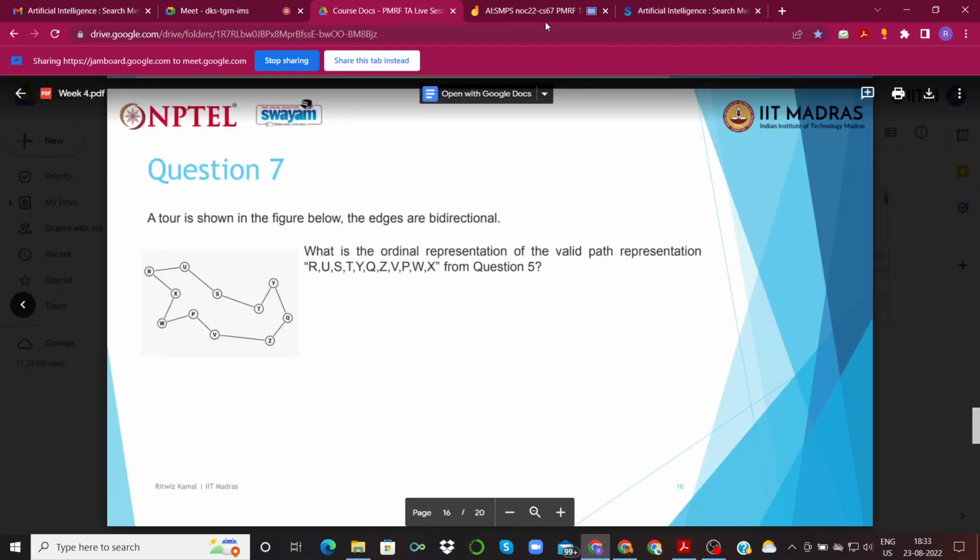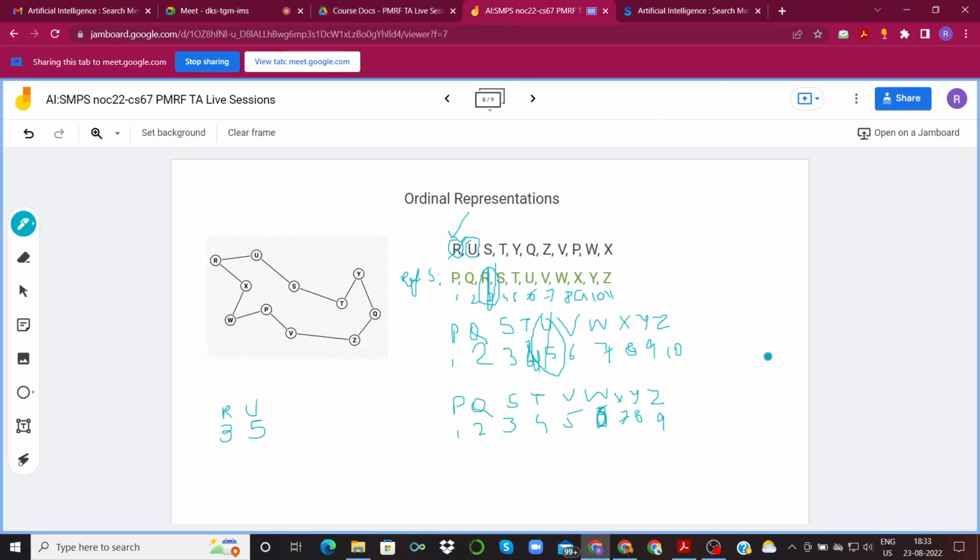In the usual representations, like the path representation, we can't do a single point crossover, because the child that we might get might not be a valid representation itself.